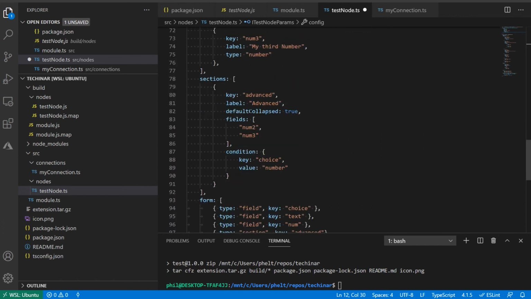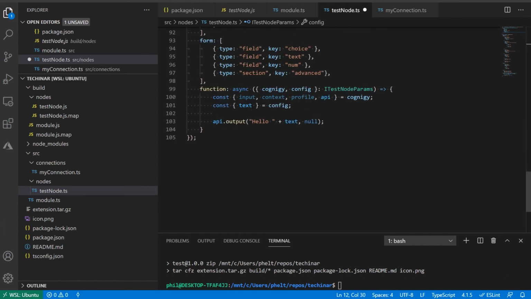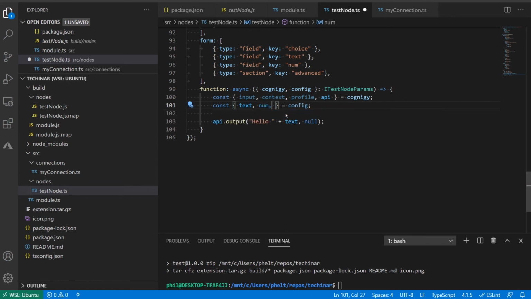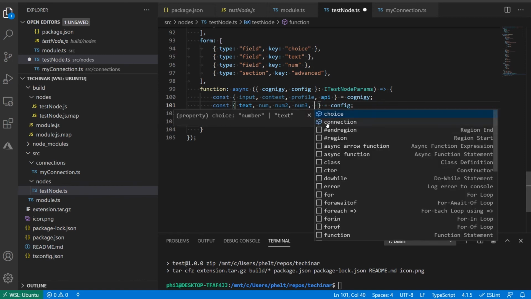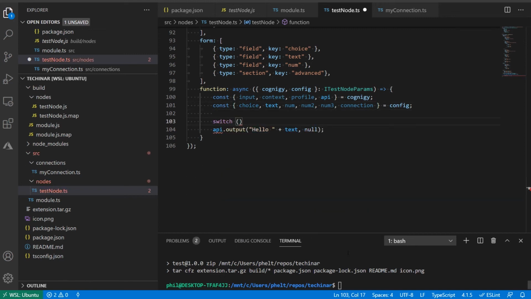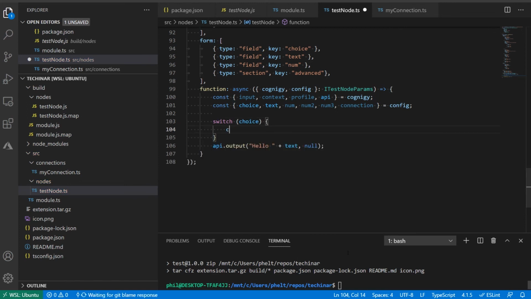And now we can use all that information in our node down here. Yeah, so we can import all the things that we haven't imported yet. So num, num2, num3, and the connection. And maybe we also import choice actually. We could say, okay, depending on what choice is, we do a switch on choice.